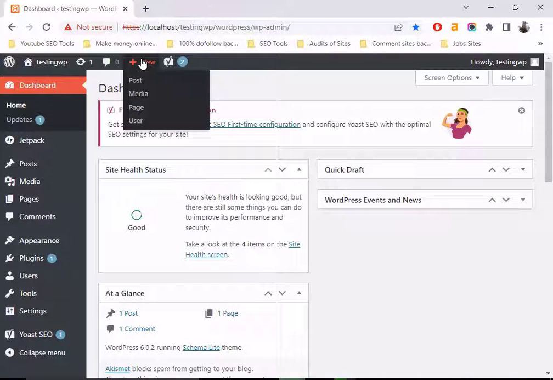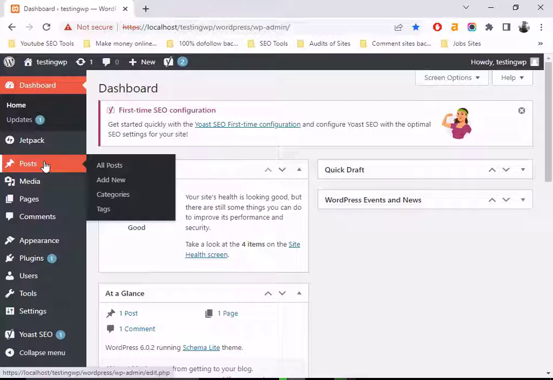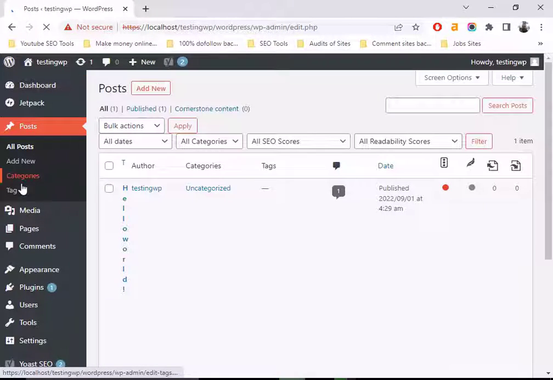So our website dashboard is logged in. Now first we check the posts and pages that we have, how many posts or how many pages. So first click on all posts. We check how many posts and how many pages there are in this WordPress website before the data is uploaded. So we have only one post,